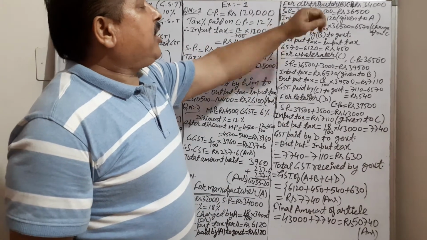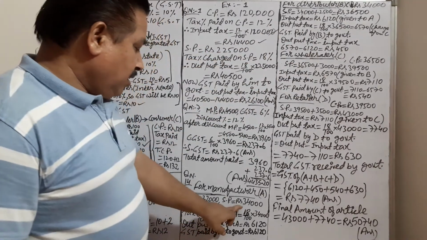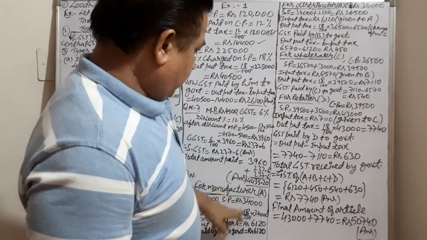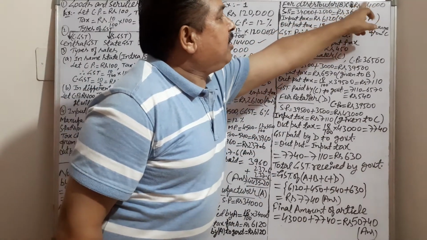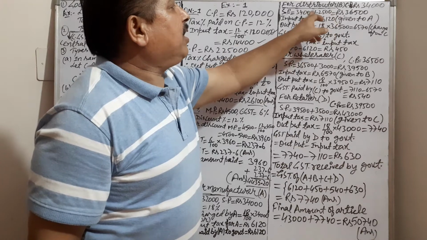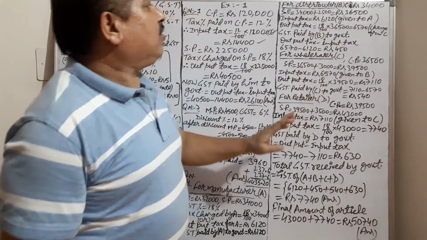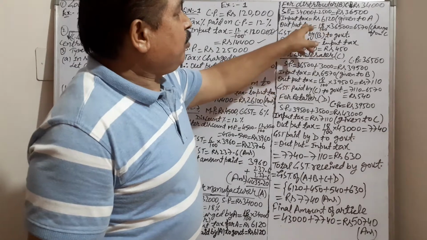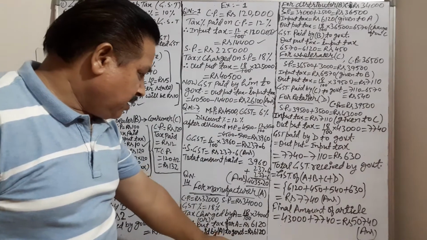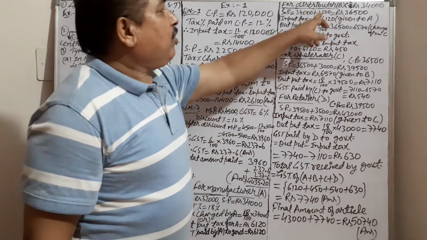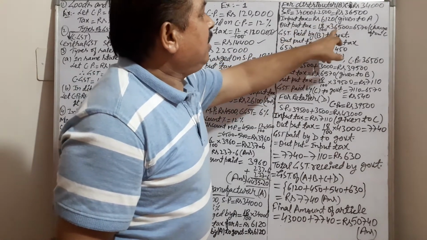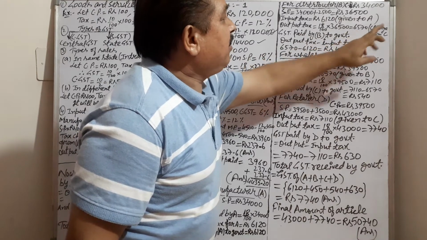Now see the second seller, B. The selling price of A is 34,000, so the cost price of the distributor will be 34,000. This A is selling to B. So this is the cost price 34,000, and the selling price is 2,500 more than the cost price, 36,500. Input tax for this B: how much tax did B pay to A? B paid A 6120. So for B it will be input tax, and output tax is 18% of the selling price, 6570. This is the output tax.